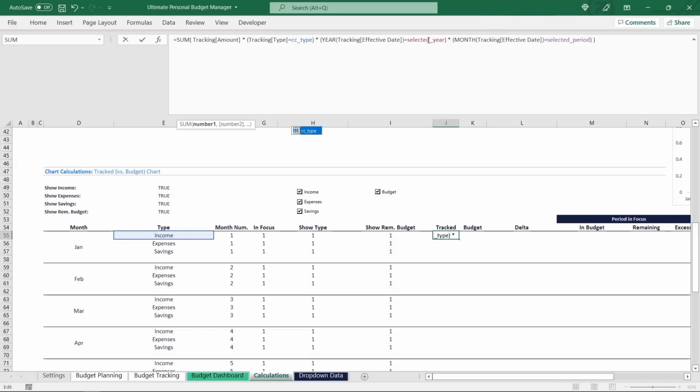Then, as we are interested in the months of the selected year, we can leave the next part as is as well, and only need to adjust this final month filtering to not be based on the selected period, but instead be based on the respective month number available in each row as CC month number. And that's it. When we add this formula to the expenses and savings rows, you see the amounts automatically adjust